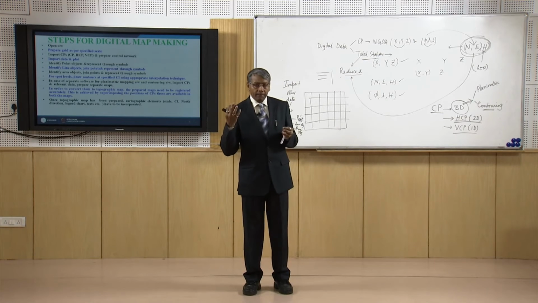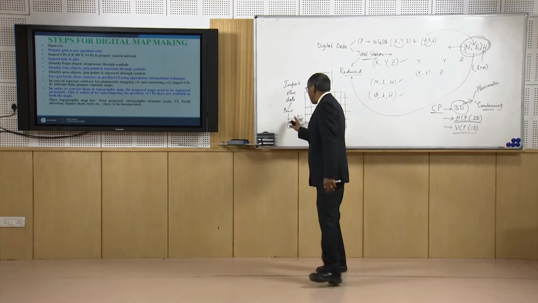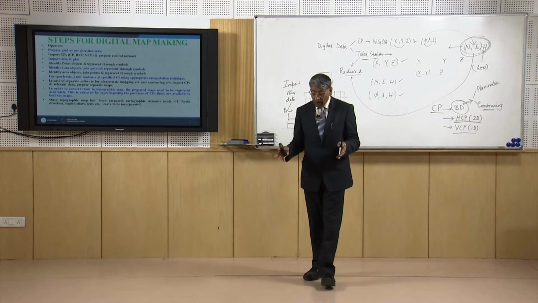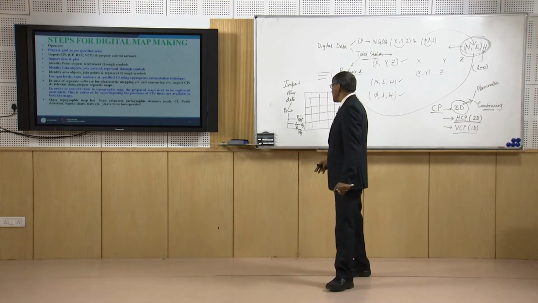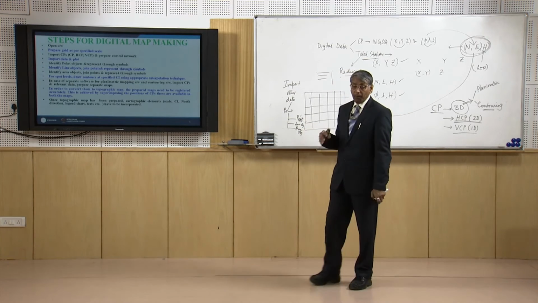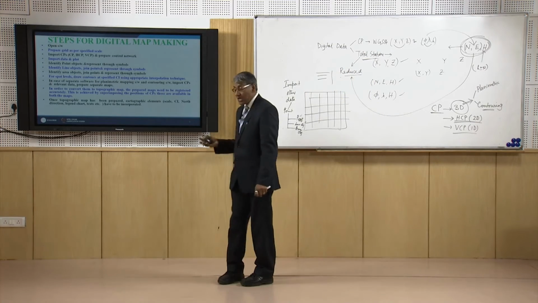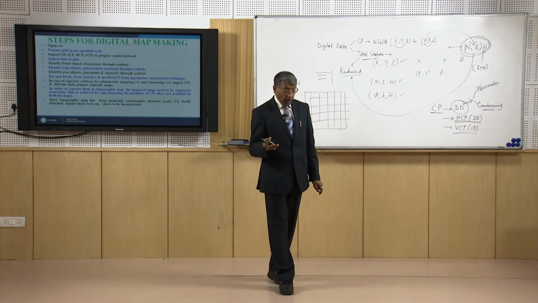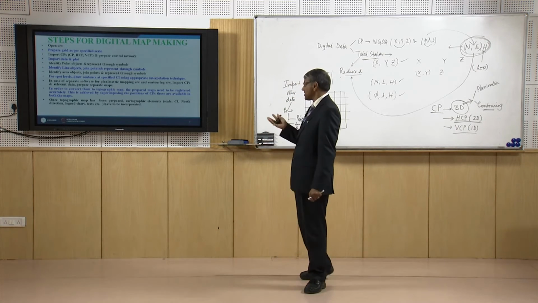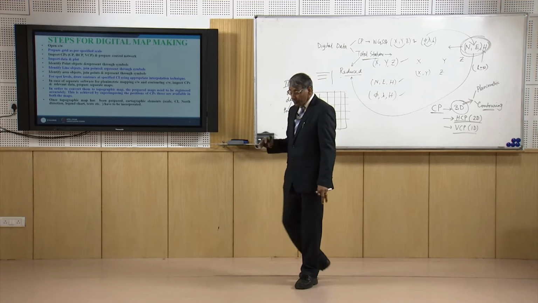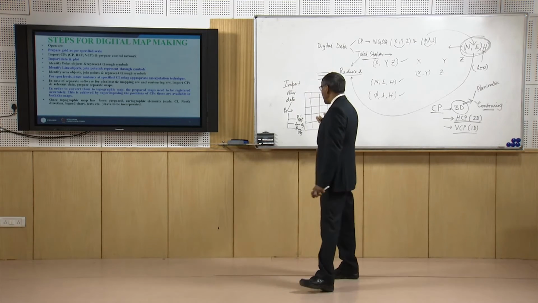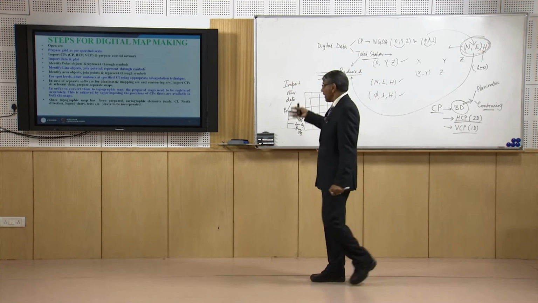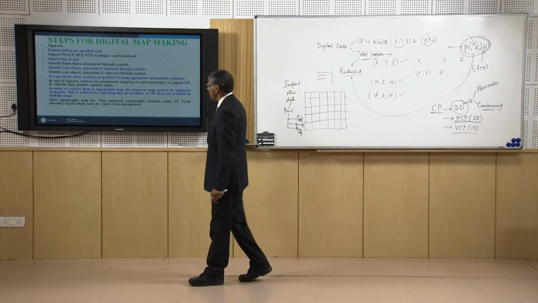Then we have to check whether all the objects that we want to represent from the field have been represented or not. If the objects are not properly represented, or there is a deficiency in the number of objects or any lacking in objects, then we can take the necessary corrective measures to edit, to incorporate, to modify our planimetric mapping work.